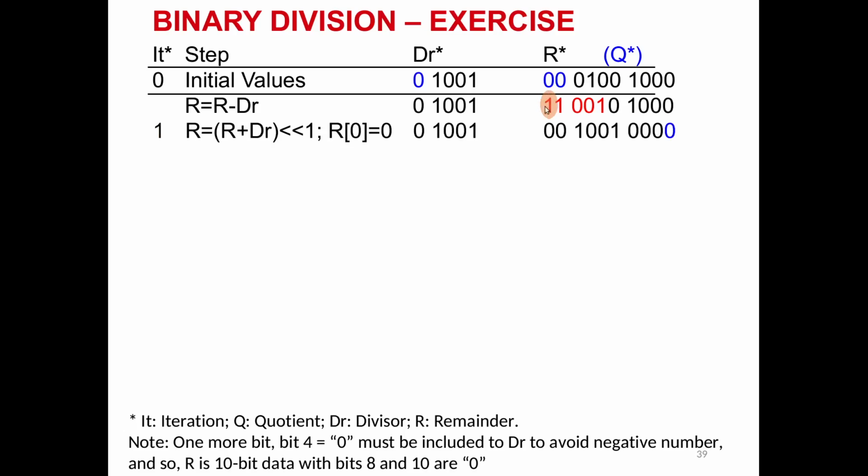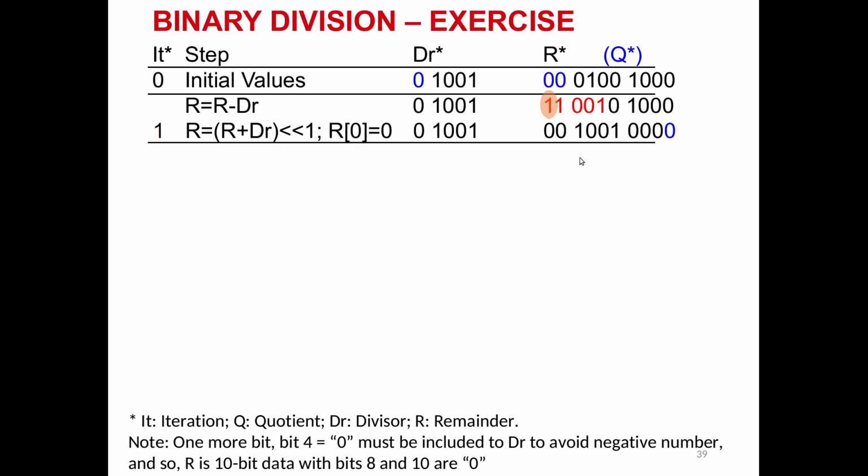The most significant bit of the result is 1, which implies that the 5 most significant bits of R are smaller than DR, and so we need to restore this R value back to the previous value by adding DR. Then for Q, the newly generated value will be 0, and that 0 must be pushed to the right of R. So the new value of R will be 0 0 1 0 0 1 0 0 0 0, and this bit 0 here belongs to Q, and the remaining bits are the previous value of R shifted 1 bit to the left.